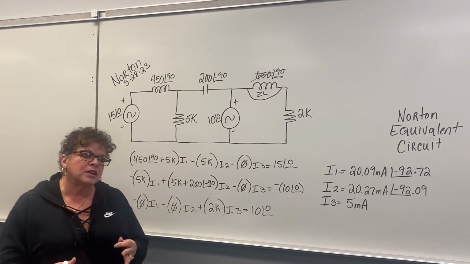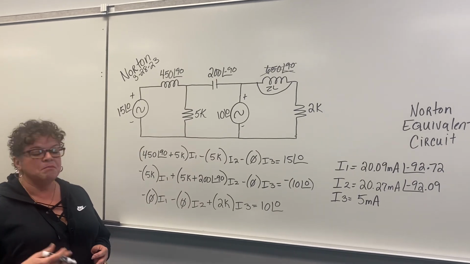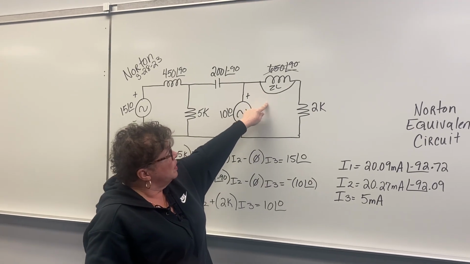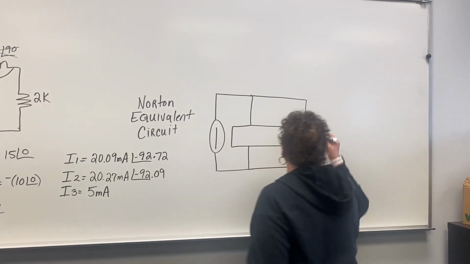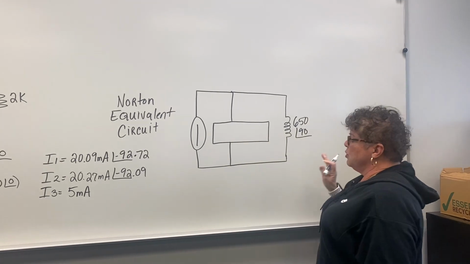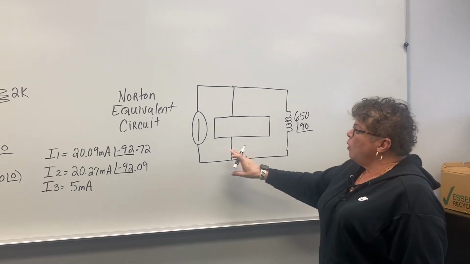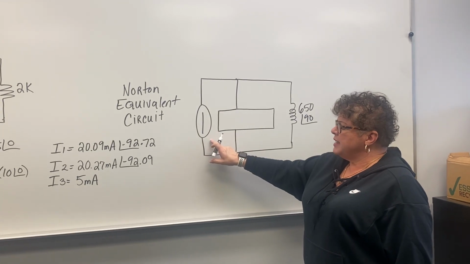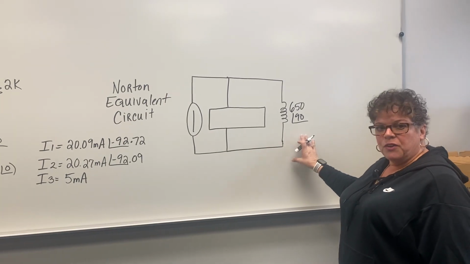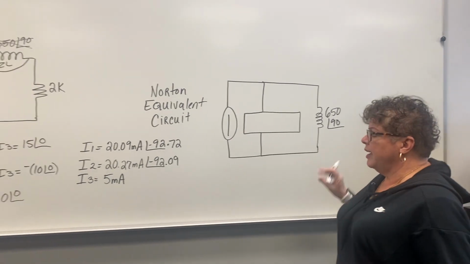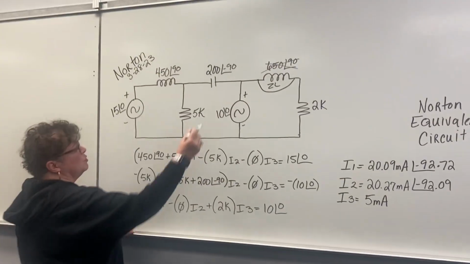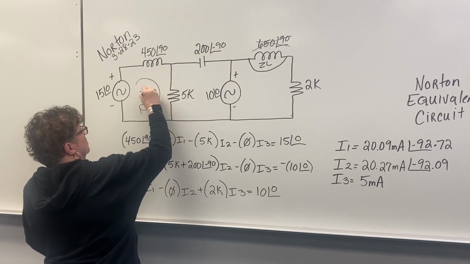Remember, with Norton, 90% of the time you're going to be using mesh analysis because you want the current through this wire. So I'm going to put the load in the Norton equivalent circuit. So that's 650 at an angle of 90. And your Norton equivalent circuit will always be a current, we don't know if it's up or down yet, ZTH or Z Norton, and then the load, and we get the voltages across the load. Okay? So since we're solving for current, because we want the current through that load, we're going to do mesh